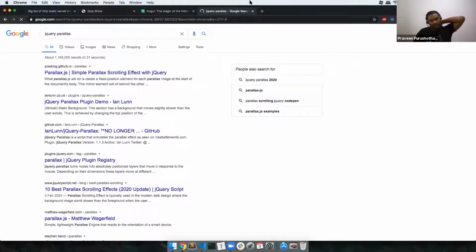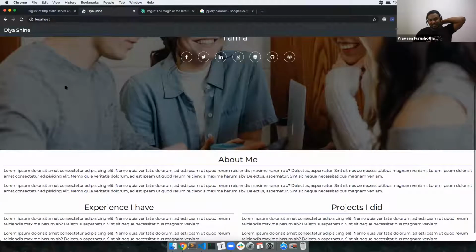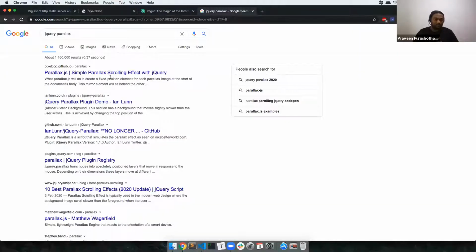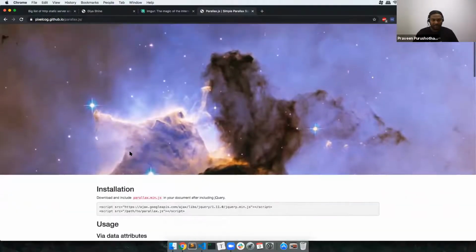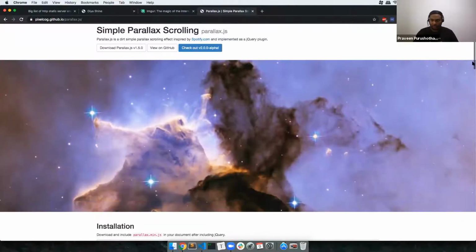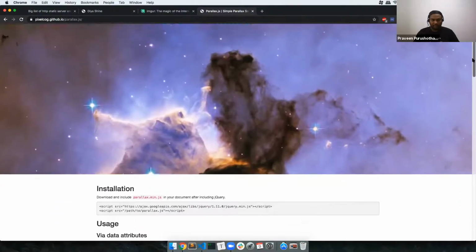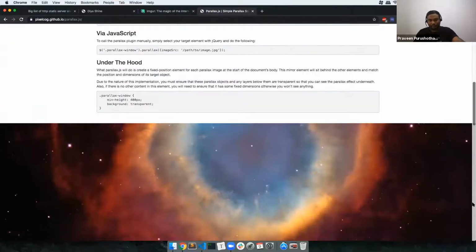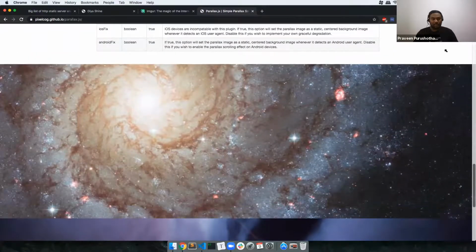I don't think it is possible because what we have created here is an image, not a background, but let's try it out. So this one is the parallax effect. If you see, the background is going slow. Whereas if you look at this one, this is exactly what the parallax effect is. The background is actually moving slower than the foreground. So that is parallax.